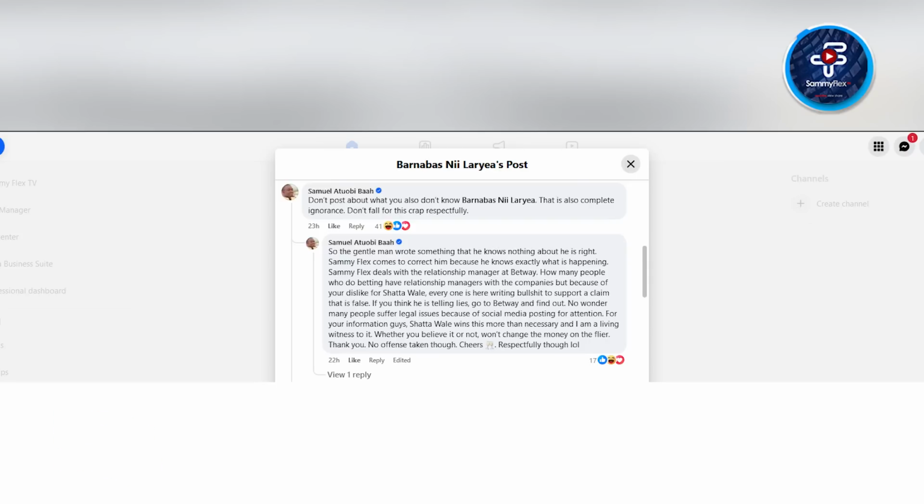No wonder many people suffer legal issues because of social media posting for attention. For your information, guys, Shatta Wale wins this more than necessary, and I'm a living witness to it. Whether you believe it or not, it won't change the money on the flyer. Thank you. No offense taken, though. Cheers, respectfully, though, as it was said. When I thought, oh, maybe this was going to end it,